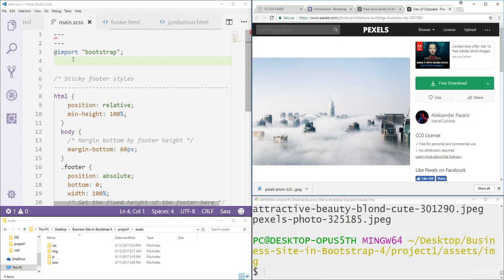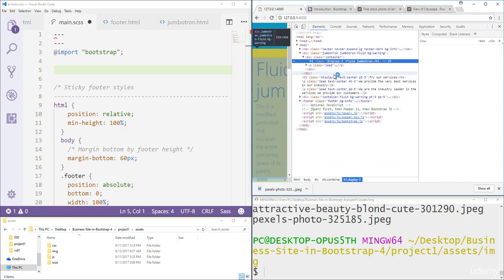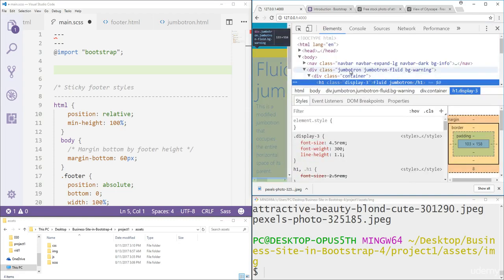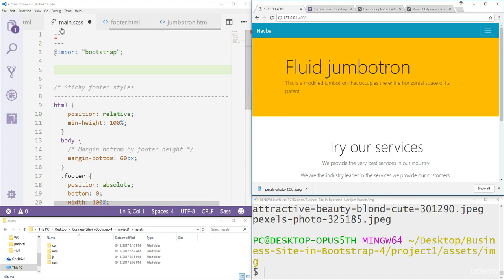Second, you need to open the main CSS, and we are going to actually add some CSS properties to our Jumbotron. So if we look inside the code, if we go inspect, we can see that this is our Jumbotron. It's got a couple of classes, and we're just going to use the Jumbotron class. So back in the main.scss right here, we can just type the dot that signifies the class, and then we'll go Jumbotron,